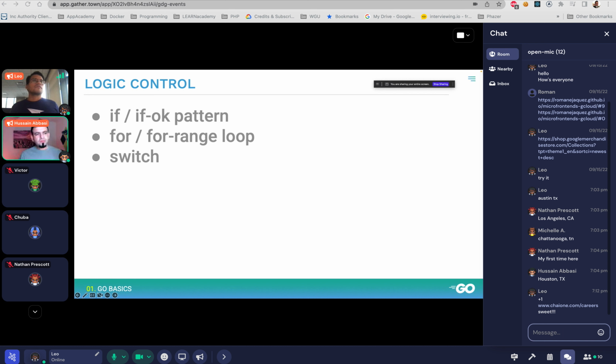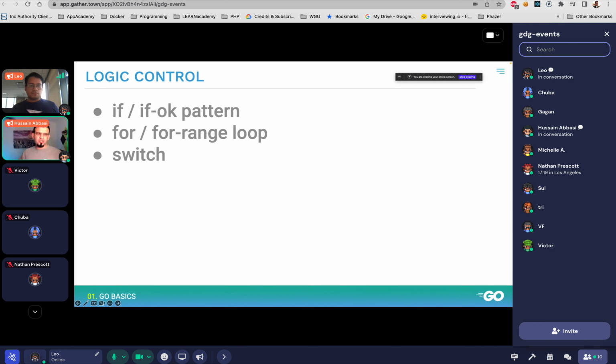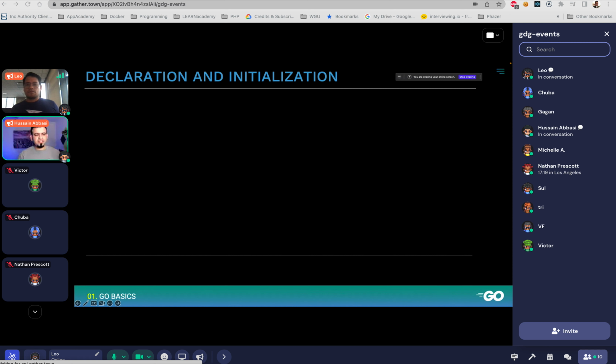So I come from a .NET background, so even though I did all the other languages that I mentioned earlier, I've been mainly in .NET, so C Sharp, and a little bit of VB a long time ago. So for me, the for range loop is something that I compare back to my C, C Sharp, and Java world. So I get very excited with this because it's a simpler, cleaner variant of what I have in those two languages.